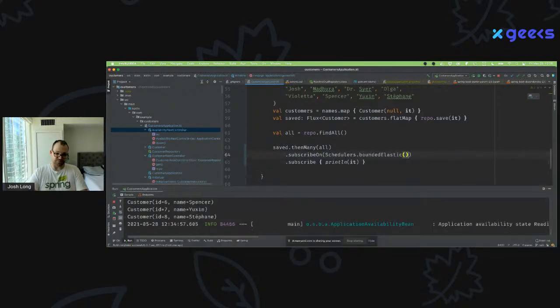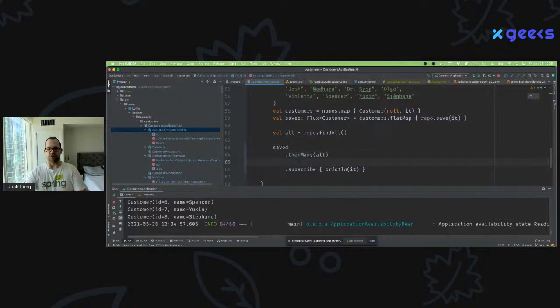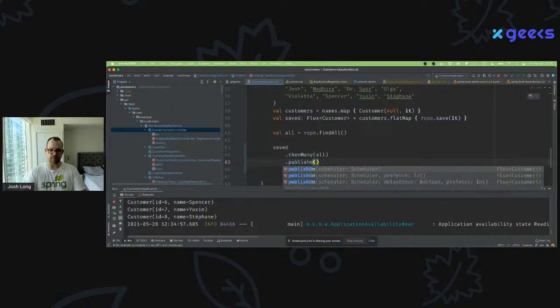So imagine you have 4 cores and you start using one of those threads to do blocking I/O or to do algorithmic stuff, something like that. If that happens, then you want to make sure that you don't do that on one of those threads, because you're not just blocking the thread for one request. If you have 4 threads, you're blocking 25% of all the requests in the system. That's not good, right? So it's very important that you do that. You say subscribe on, right? Or publish on. And there's some differences there, but basically it's very important.